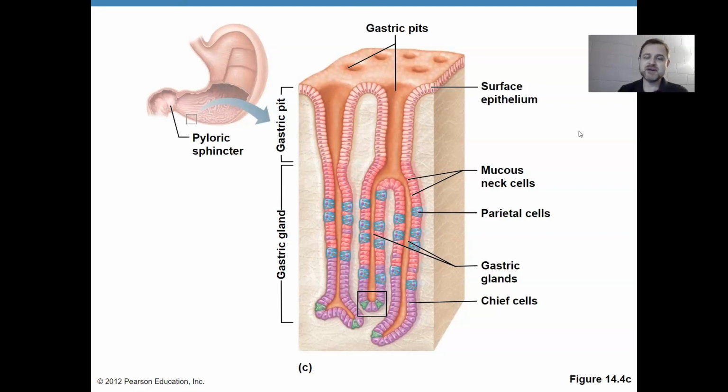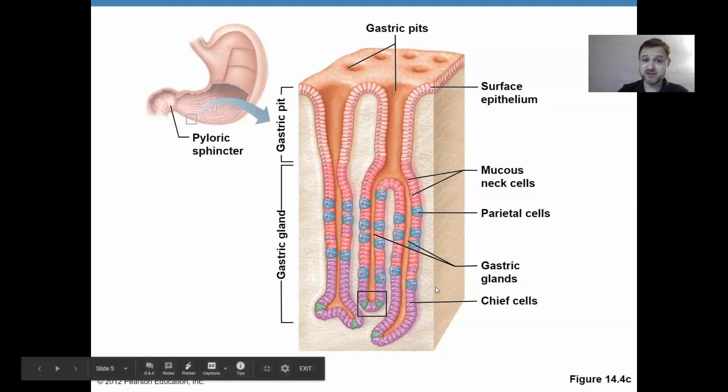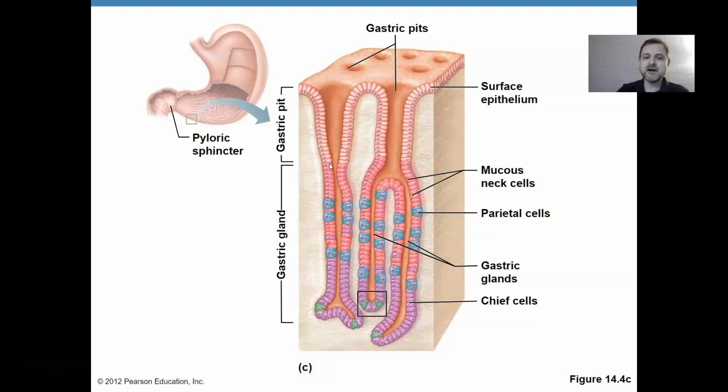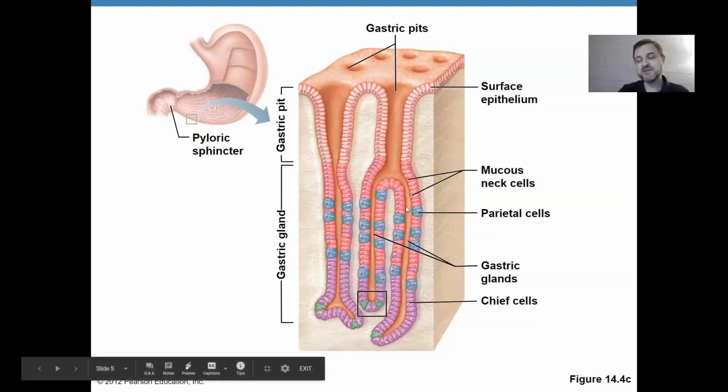Lining the gastric pits are these columnar-shaped cells, many of which secrete different things, like gastric glands, which secrete the low pH enzymatic juices of your stomach that help you digest stuff. The reason why these pits are very, very small but very, very deep is it increases the surface area of the lining of these pits. The more surface area you have, the more of these cells you can have, the more gastric juices the stomach